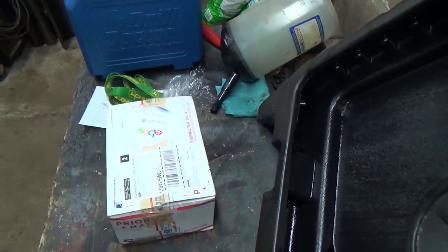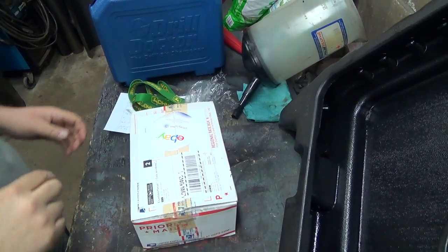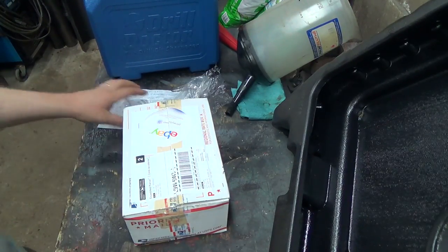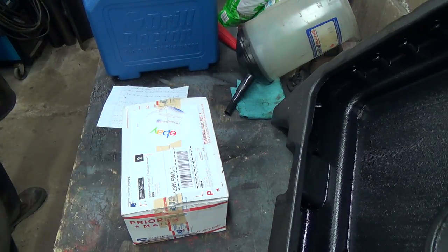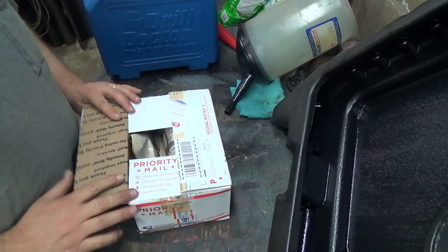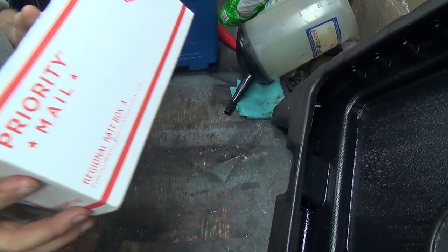So, last package here. So this I got off eBay. Let me just put the leash over here. And that plastic can go in here. His letter can go over here. So yeah, this I got off eBay. Where did it come from? It came from,